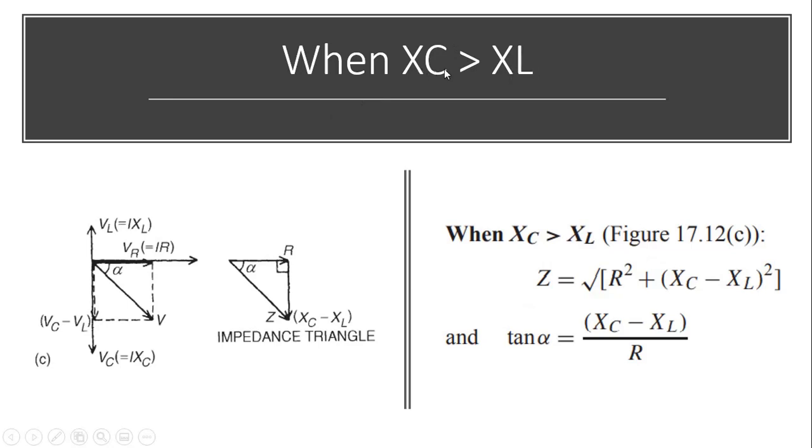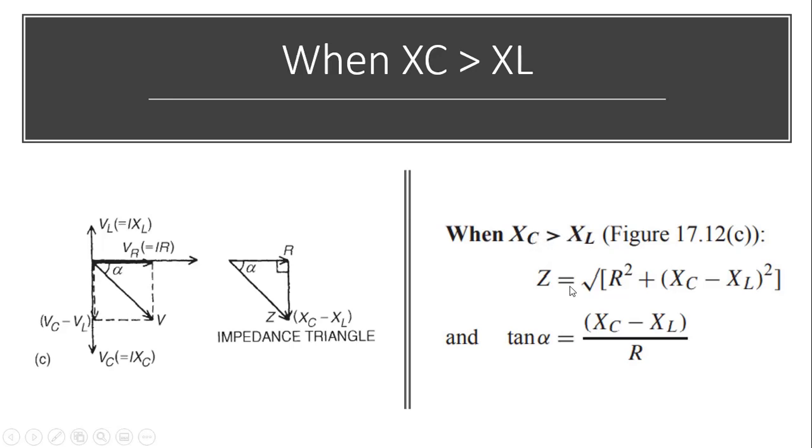The second option is when XC is greater than XL. And what happens is just like the other one, but the magnitude of VC minus VL is in the negative direction. So we know that our VC is IXC, our VR is IR, and our VL is IXL. So if you look at it, the one that is greater is the one that is at the front, VC minus VL. So similarly, like what we did the other time, we say when XC is greater than